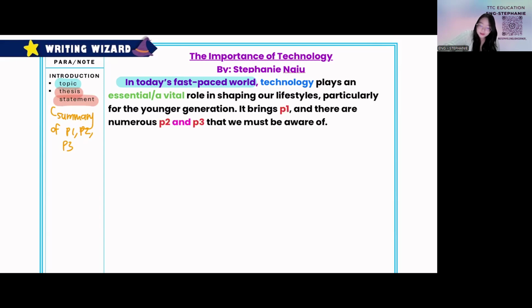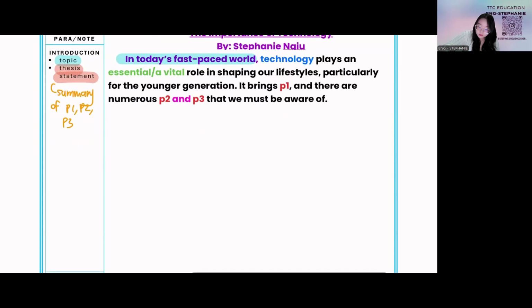It brings, this is our P1. P1 is about how it affects, right? So your answer is definitely like it brings a very great impact, right? So it brings, use this word,